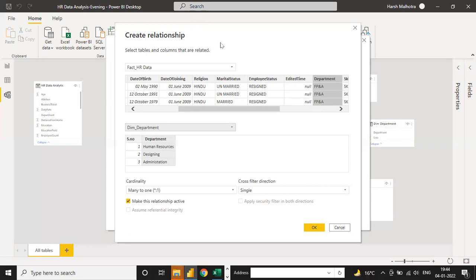But why are there these two options? I mean, both are the same. Definitely, in the long run, there would be some benefit. That's why the one to many and many to one options are there. Is there any specific reason for that? As per me, when I learned Power BI, I also asked the same question. Sometimes a person first selects the fact table and then the dimension table, and then the relationship will automatically change.